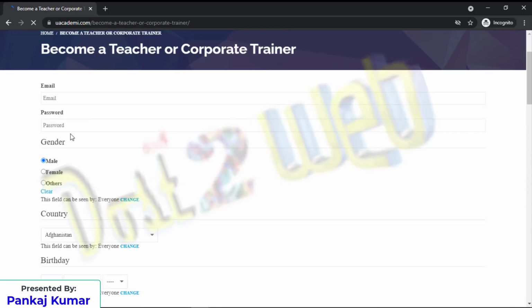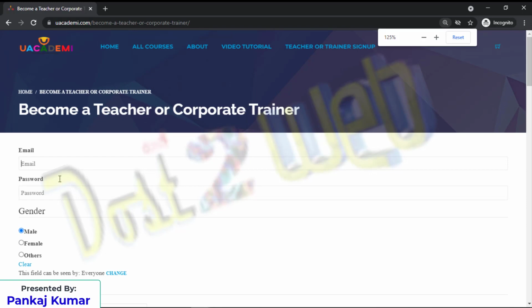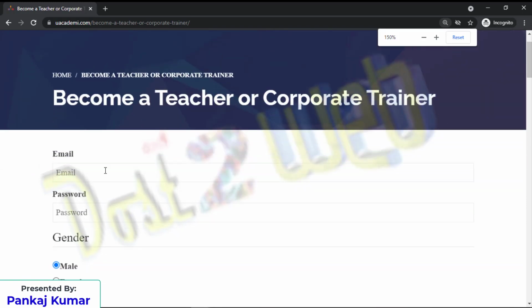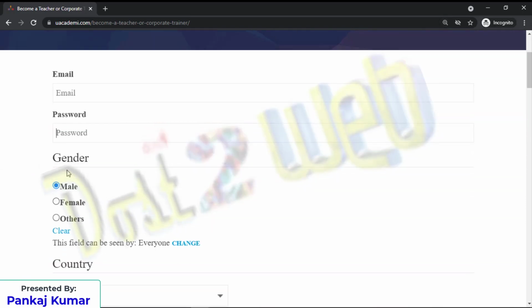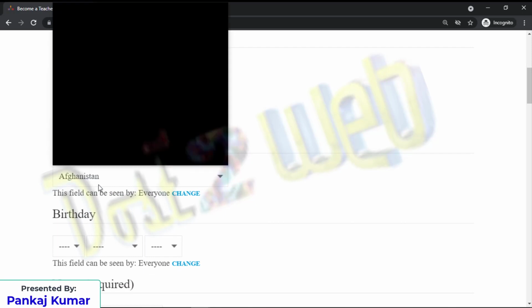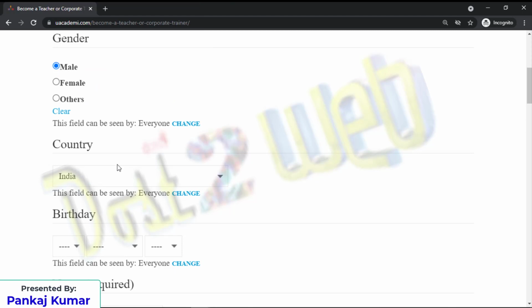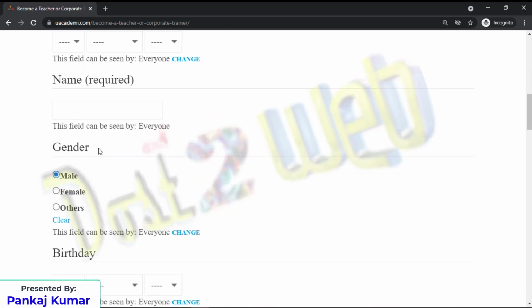Anyway, you can see it here. I'm defining the email ID. Here we have given email ID, password. See, by default the gender is selected, right? The country is by default the first, always in alphabetical order. So the moment you change, see, I'm going to change. See, the page is not getting loaded, but earlier, the moment you changed any selection box, the page would reload again. You can see that everywhere it is there.